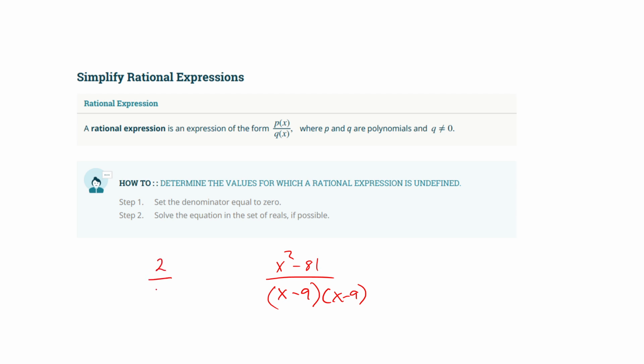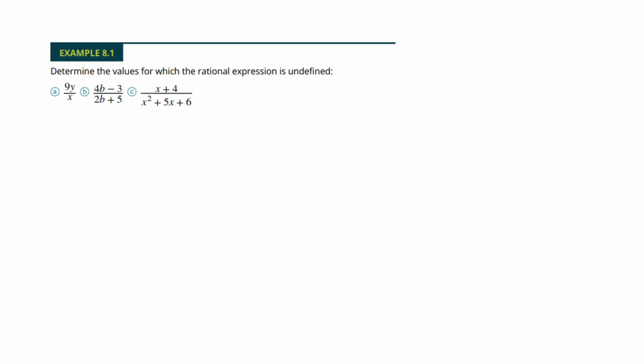Just like if I had 2 over 4, that's the same as 2 over 2 times 2. And I can slash down, remove those matching 2's, right? And I'd be left with 1/2. Well, we're going to be doing the same thing. Now, as we do that, all this lesson is, for this video, is we're going to talk about something called the restricted value. And what that means is, if I had something like this,